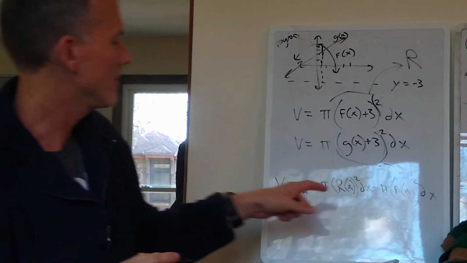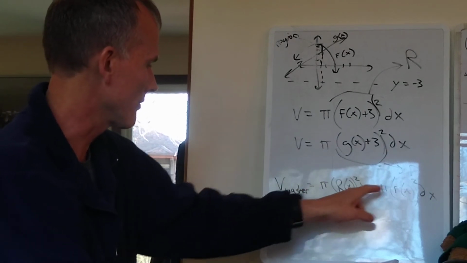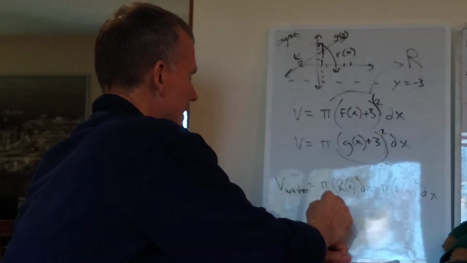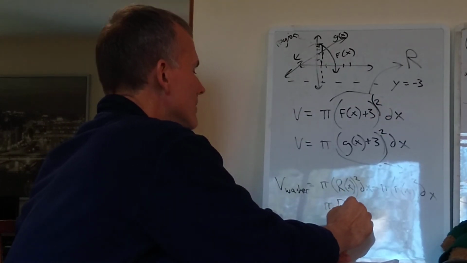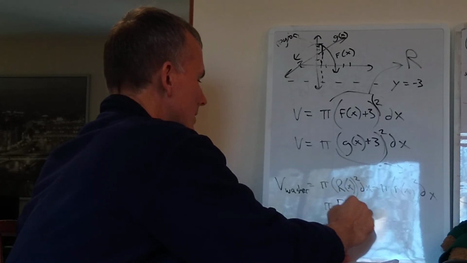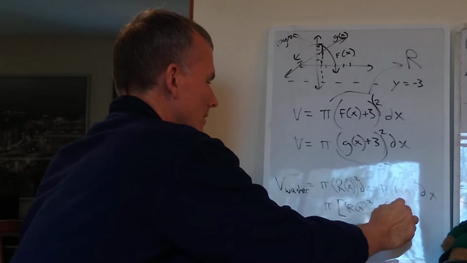And then if you notice, these have some common factors in it. Both of them have pi, both of them have a dx. So I'm going to write this as pi times the quantity, big R of x squared minus little r of x squared,